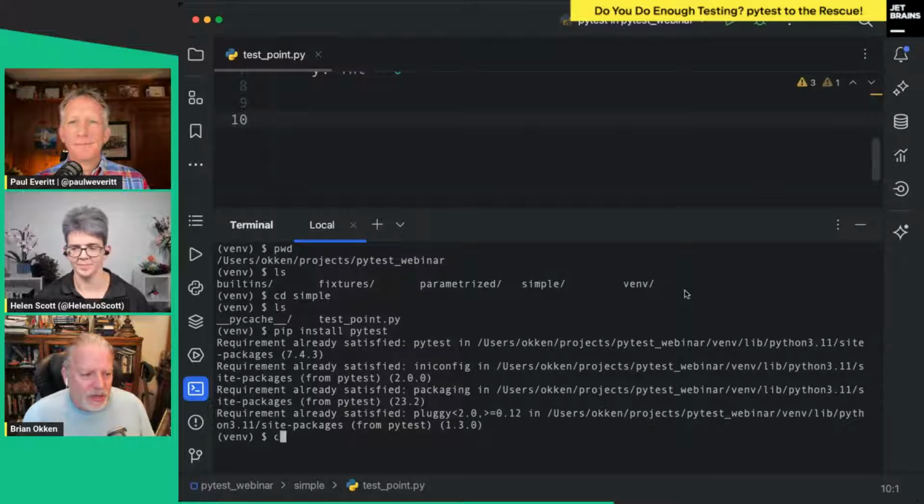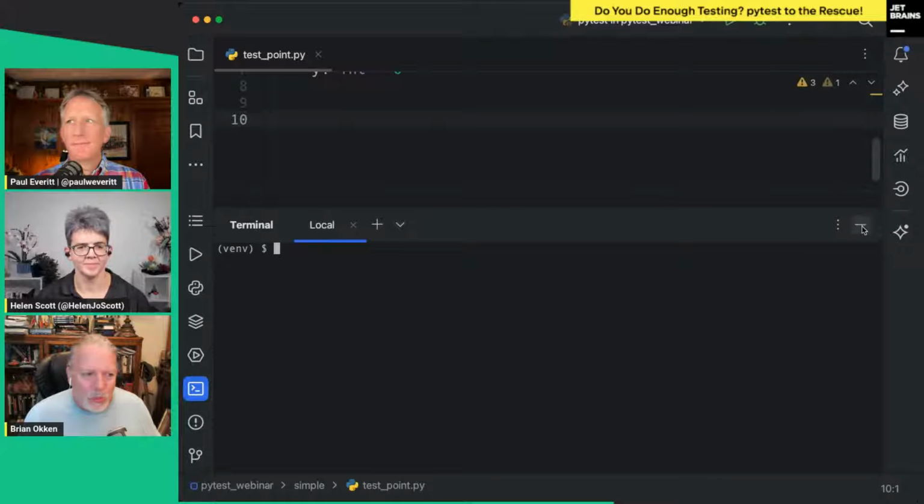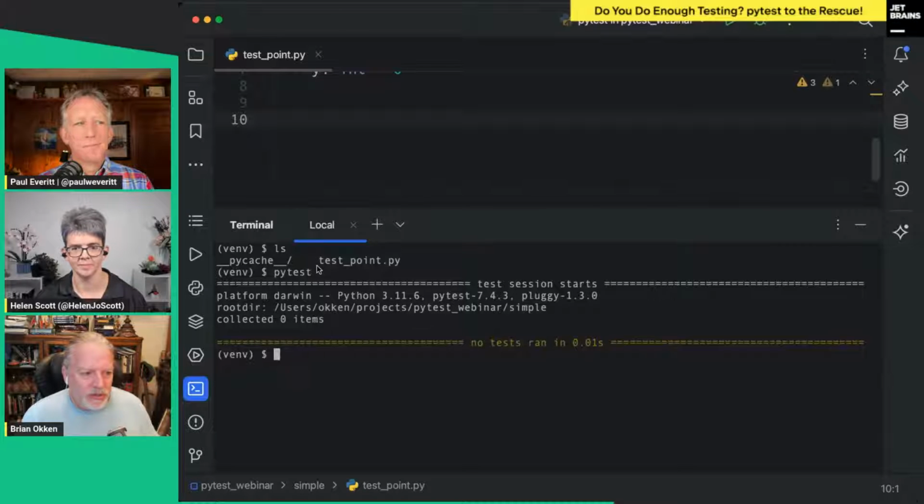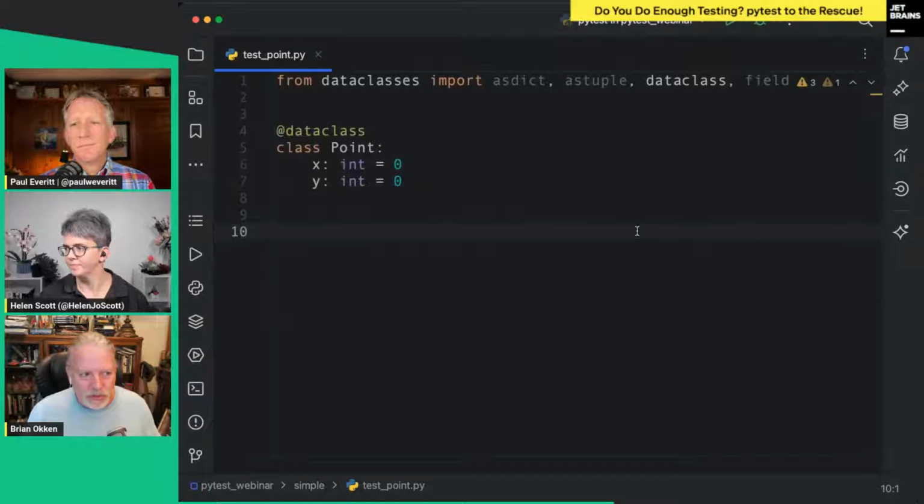That's all you need. And what I want to talk about first is just really how pytest will find your code. So if I want to write some test code, if I just say pytest, there's nothing there yet. There's no test, but it would have found this file, test_point, because pytest will look for anything that starts or ends with test. So test underscore, or ending in underscore test. But I just remember it as test underscore, because that's the functions also.